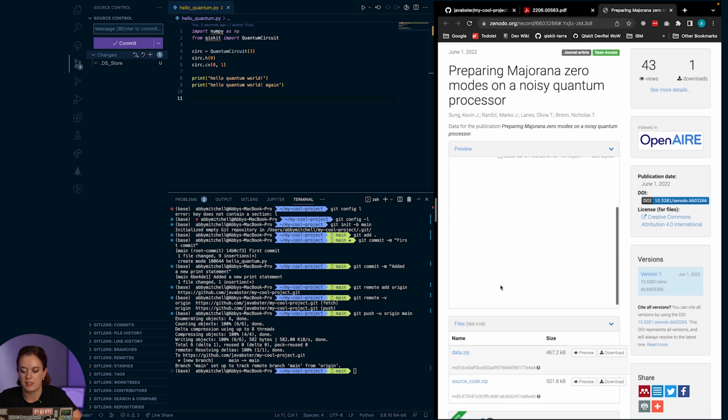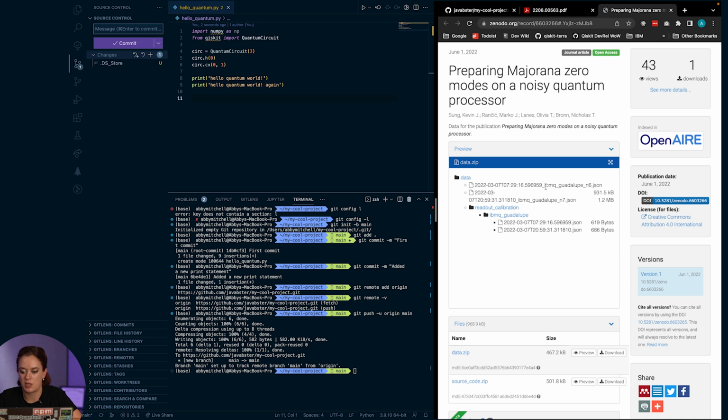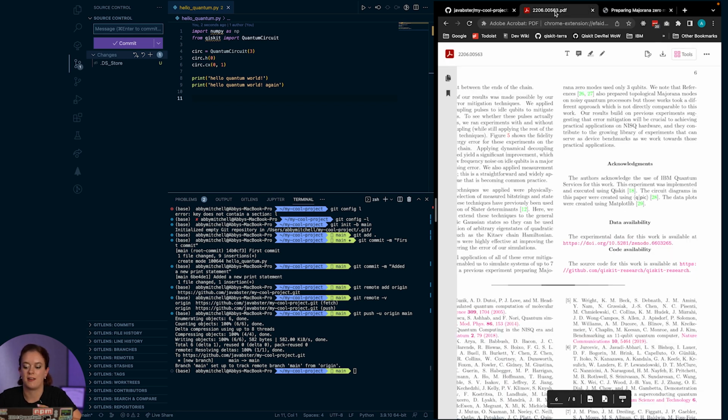I'm not going to go into a lot of details, but essentially if you have any JSON files with data outputs from any circuits you've run or any research you've done, you can also publish that data and reference it in a very similar way in a section called data availability. And these things together really help promote this idea of open source.